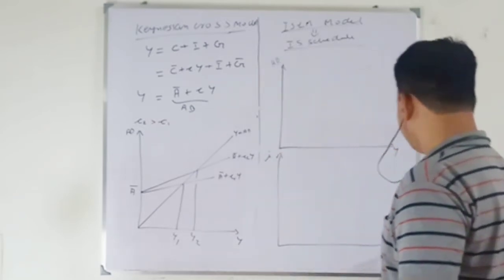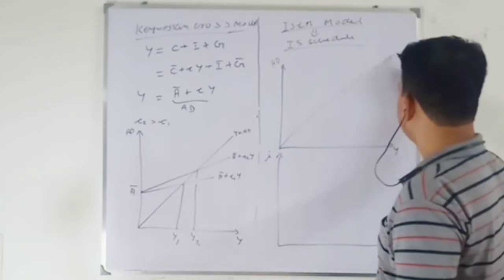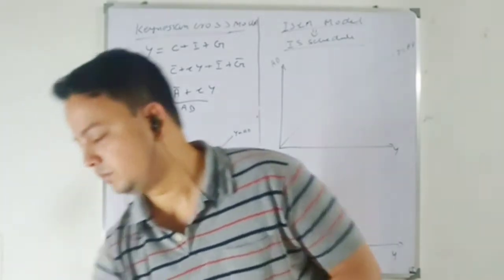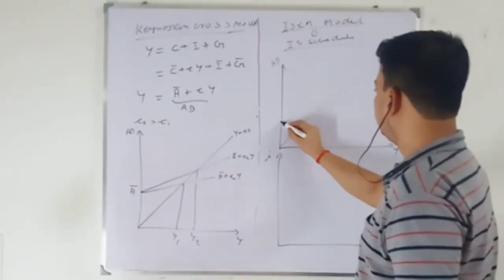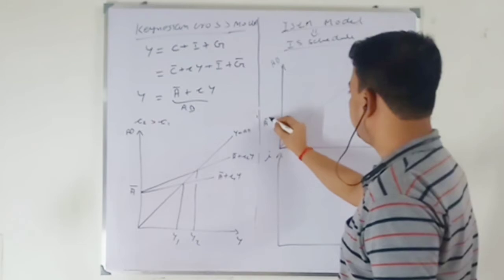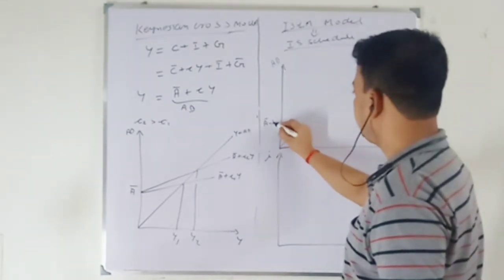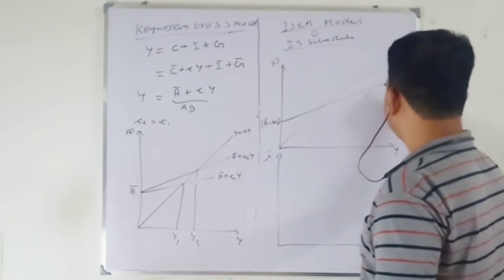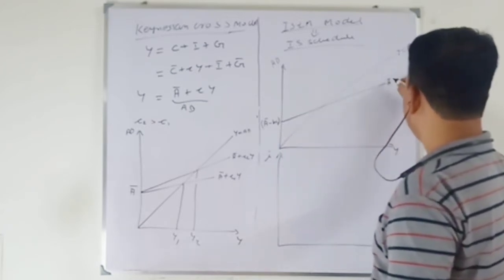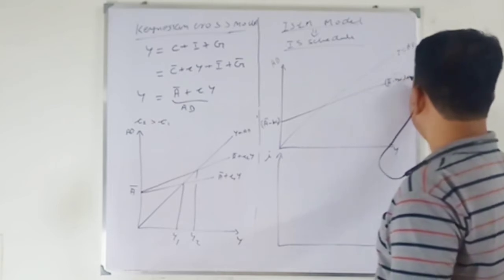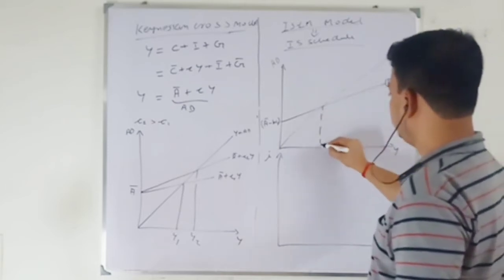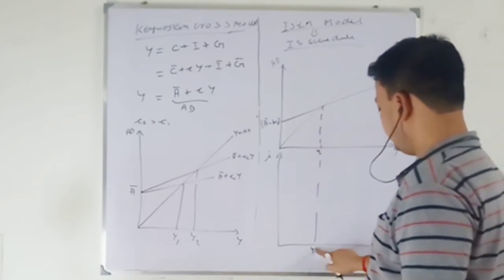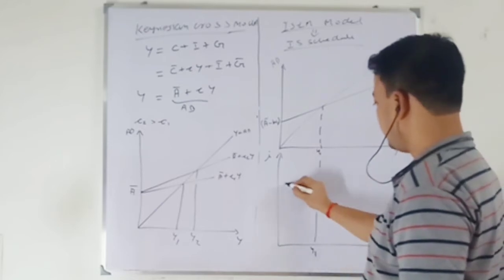Here you have rate of interest, here you have output. This I have drawn, the 45 degree line, Y equal to AD. When the rate of interest is high, this is my intercept term, A bar minus b I, which is constant for a given rate of interest, I1. I draw this curve, the schedule A bar minus b I plus small c Y. So I get one point here, and my equilibrium output is Y1, when my interest rate is high, I1.